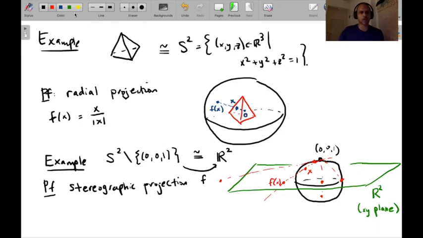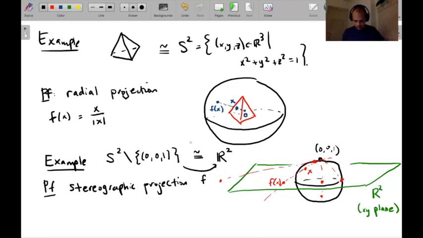Okay, so I think there's a homework problem where I'm going to ask you to write down a formula for this, which maybe is useful for convincing yourself that it's a continuous map and it's a bijection and the inverse is continuous. Okay,